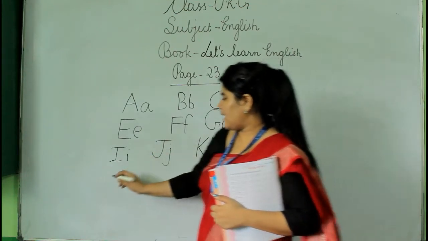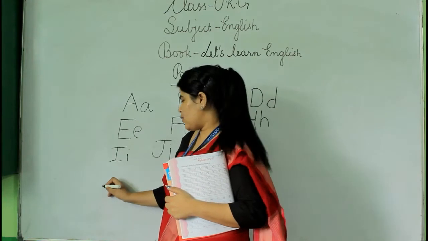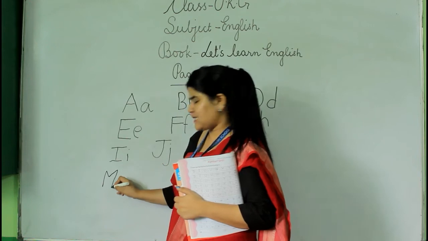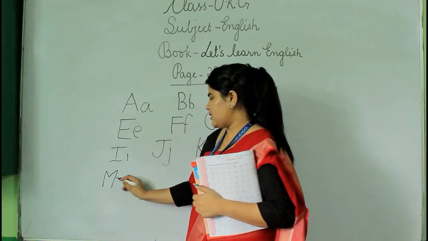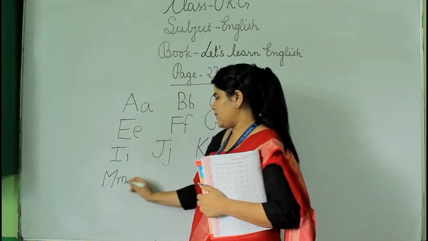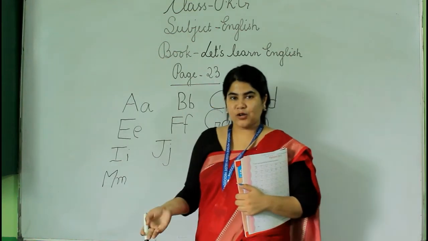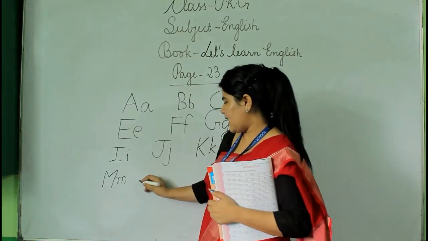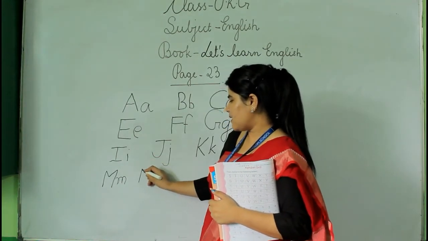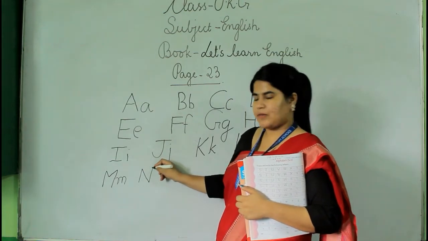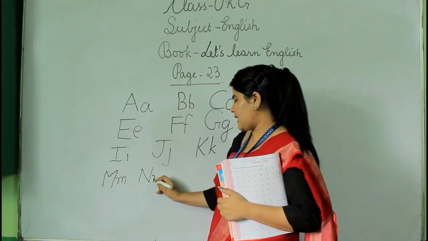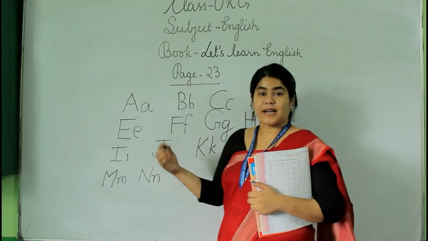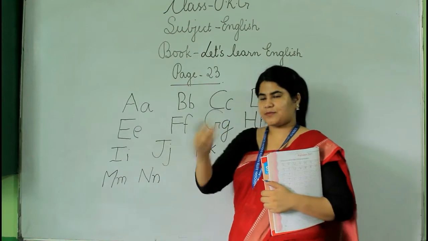Okay. Then let's move on to M. One standing line, half standing line, then again standing line. Okay. Now for this you have to make a little bit of curve in this way. M is for mango, monkey, all this. Okay. Man. Then N, standing line, slanting, standing. For small letter, just like N, you have to curve it a bit. Okay. N is for nest, N is for nose.